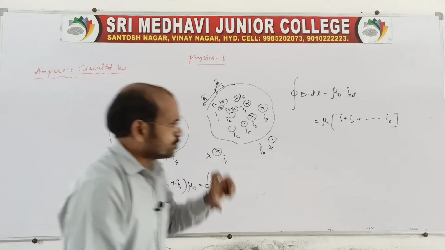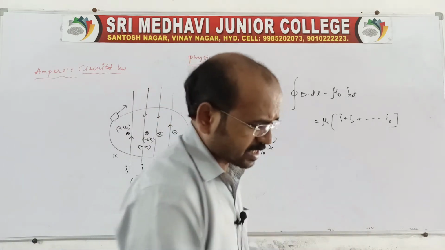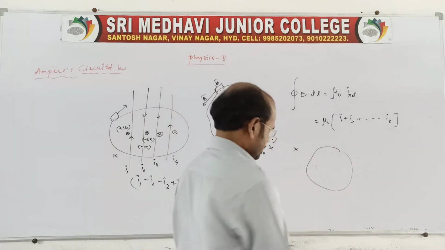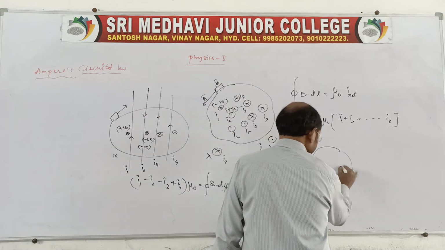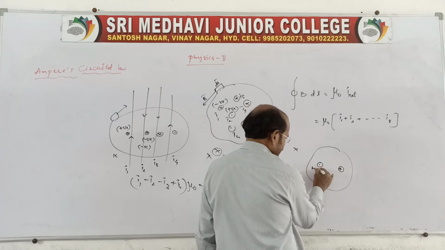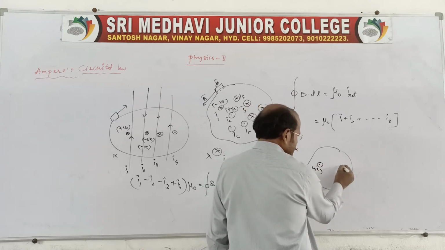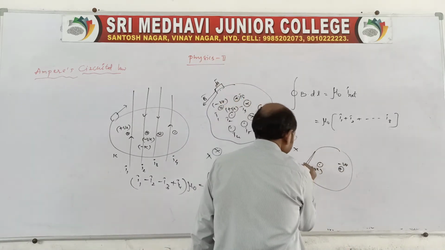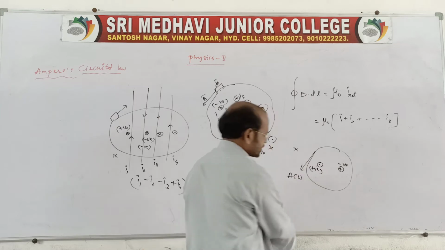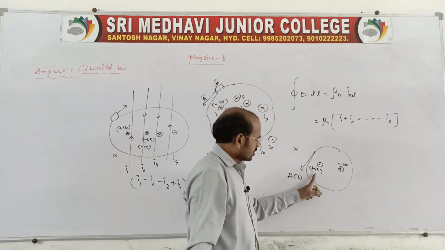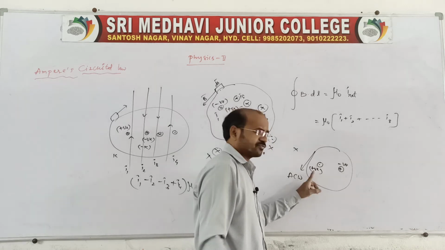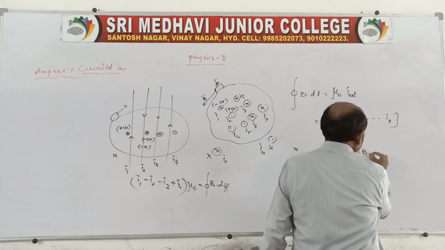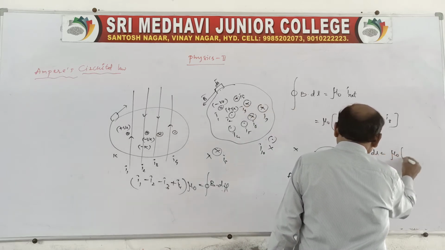Now let me tell you based on their direction also. Suppose in a given arrangement there are only 2 current carrying conductors. You take only 2. Suppose one is a dot, one is a cross. So dot we take as positive, and cross is taken as negative. It also depends on the direction of the current carrying conductor. Suppose the direction is anti-clockwise, then the dot field we take as positive, that is current I1 is positive and current I2 is negative. So closed integral B dot dl is equal to mu naught of I1 minus I2.